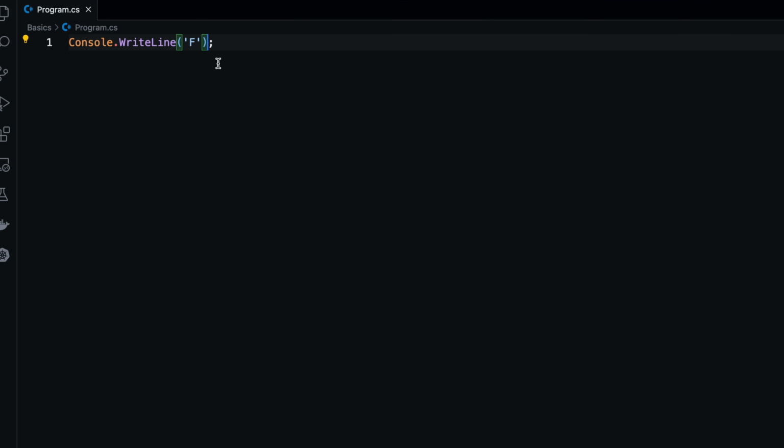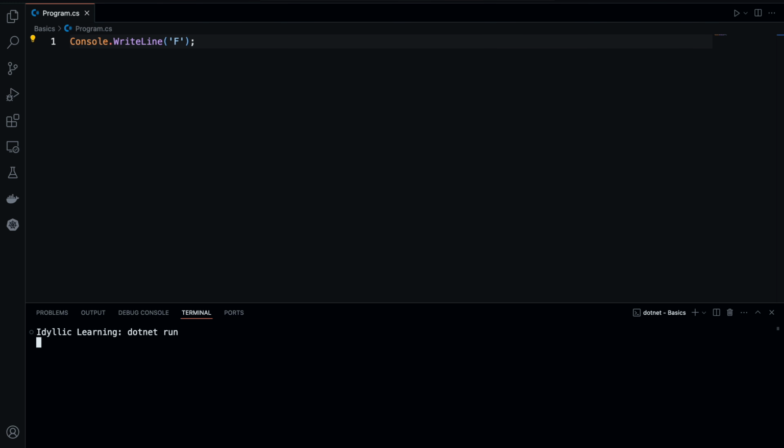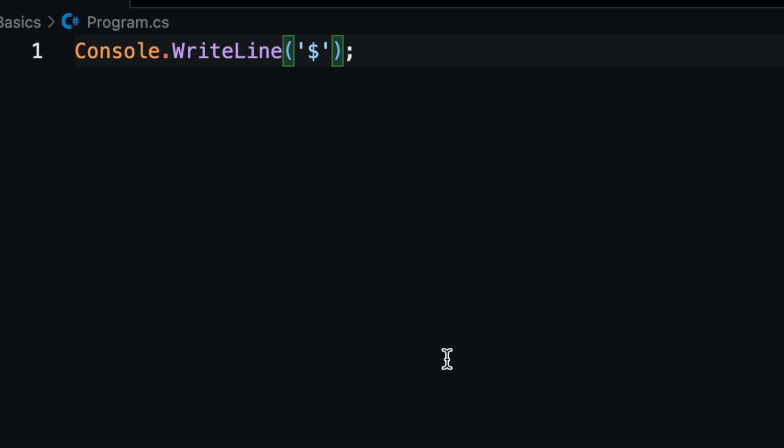So here, if I want to display F, then I can use single quotes and run this program and this will print a single character. Similarly, I can display any special character or a symbol using single quotes and it will perfectly display that special character. Now, if I want to replace this $ sign with hello world, then the compiler will start throwing an error